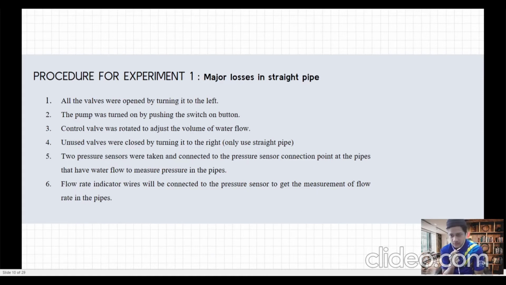Next step, two pressure sensors were taken and connected to the pressure sensor connection point at the pipes that have water flow to measure pressure in the pipes. And lastly, the flow rate indicator wires will be connected to the pressure sensor to get the measurement of flow rate